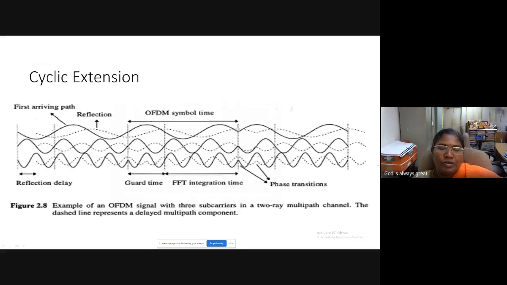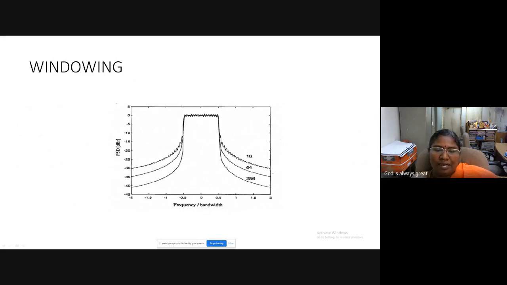Next, the concept of windowing has been introduced because the channel is a low pass filter channel. It is not a channel for transmitting all types of frequencies. Therefore, you need to filter the signal and transmit within the bandwidth of the wireless channel. That method is called windowing. You won't have any filter with a sharp cutoff. There will always be some slew rate accommodated so that the signal gets through the channel without any problem.